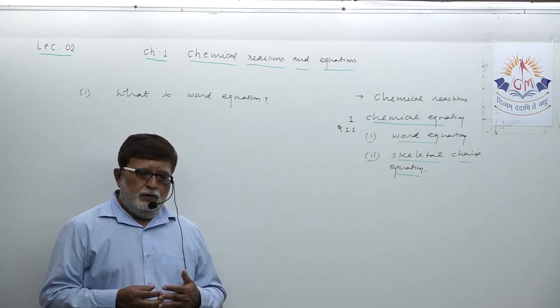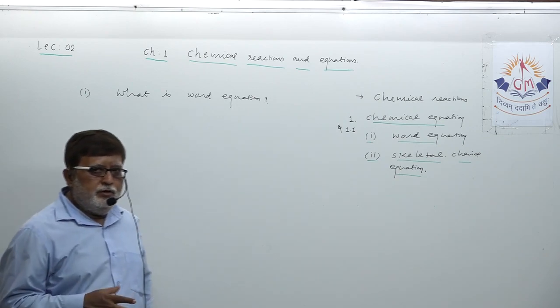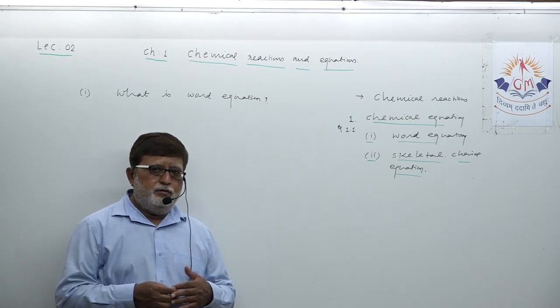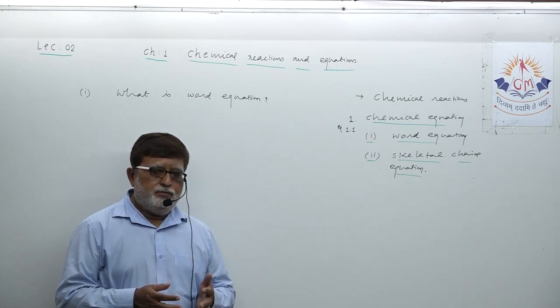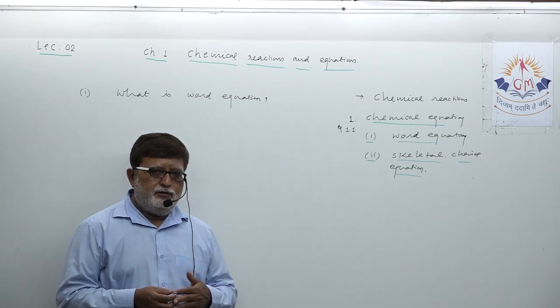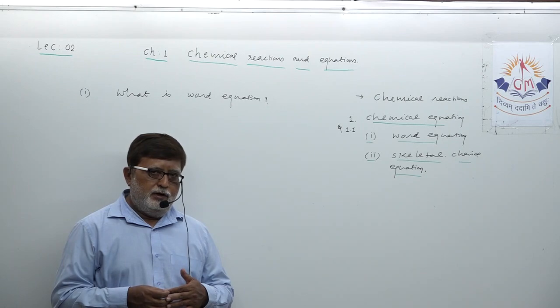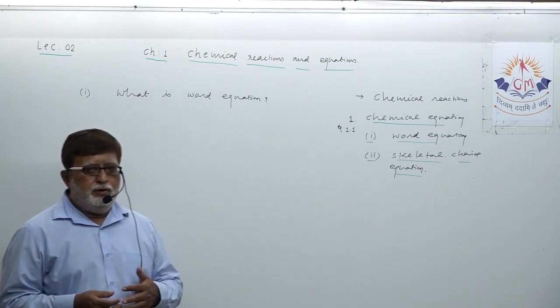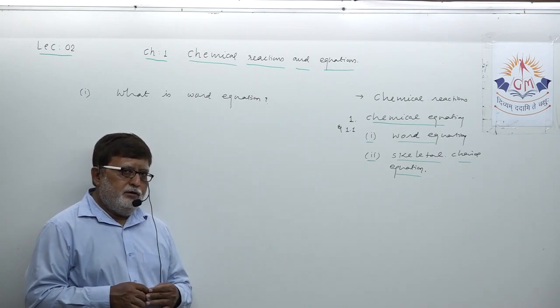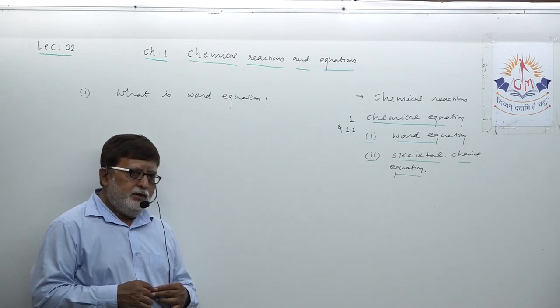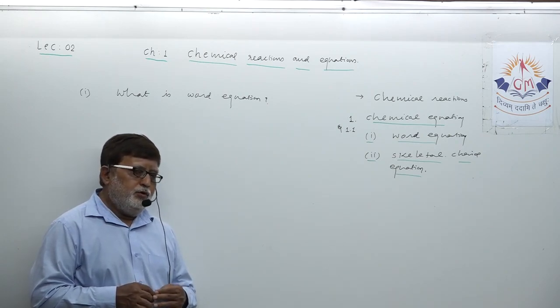Suppose for activity 3, if somebody asks me to explain that reaction, I would have to say: when hydrochloric acid, hydrogen chloride acid, reacts with zinc powder, it produces zinc chloride and hydrogen gas. That way I can give a detailed explanation. You understood this? But dear student, try to understand one very important thing.